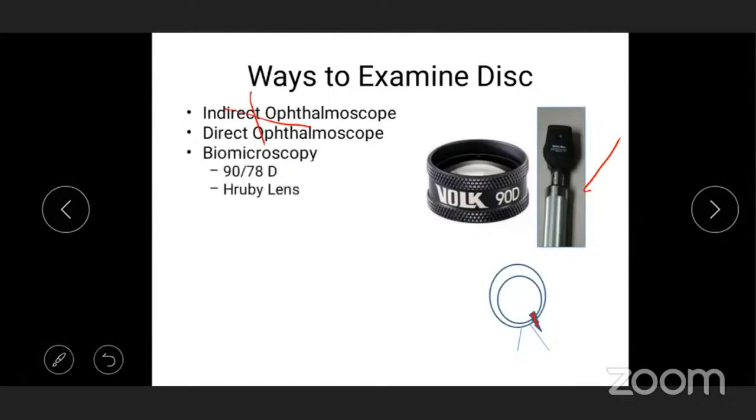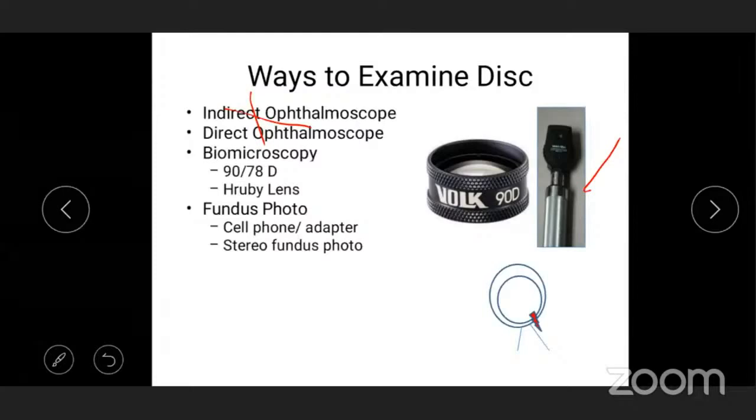Then I've already said 90D, 70D lenses, and fundus photographs are now possible also with cell phone adapters. That is so easy to do, and there is no reason not to record the fundus photograph. Yes, even the fundus cameras used for the retina can be used for this. But since it's an AIOS presentation and the whole of India is watching, I'm not going to ask you to depend on all this. Just record it with a disc diagram. That can be easily learned. What you see, just scribble in your notes, and that is the one thing to do.